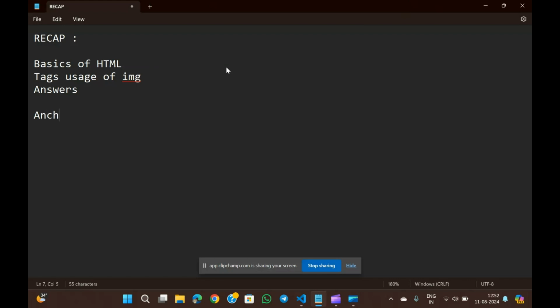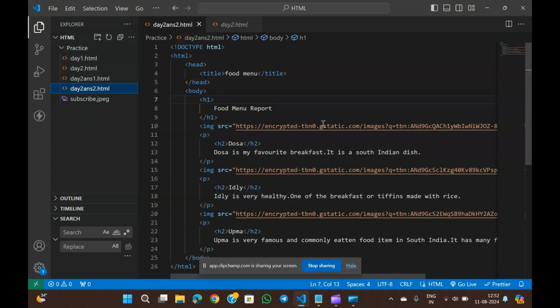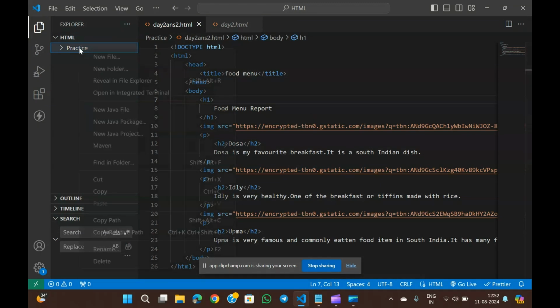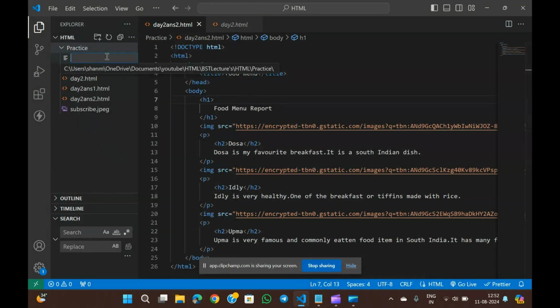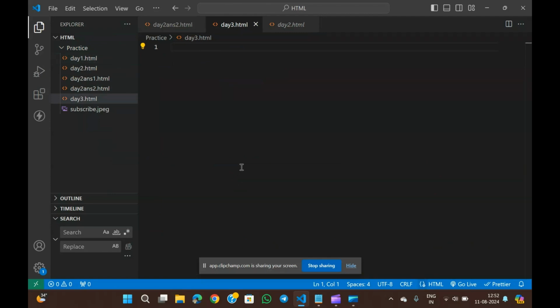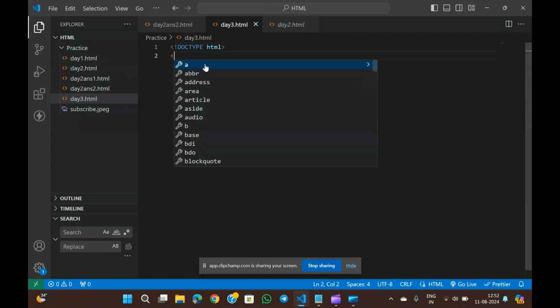That is the anchor tag. Let us discuss the anchor tag and how we will use it in our HTML. Open Visual Studio Code and create a new file. Name it day 3. This is the practice of day 3 HTML. Don't use any shortcuts, as this is for practice purposes.